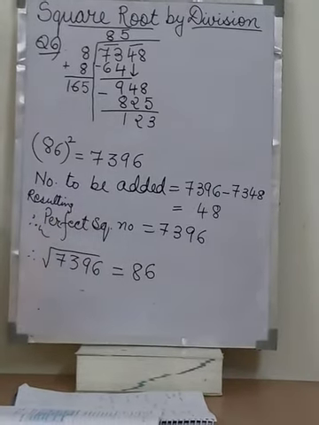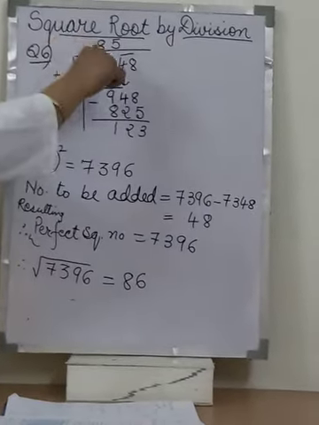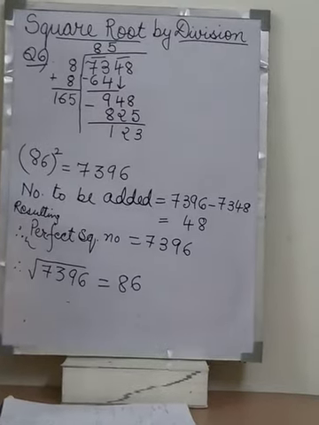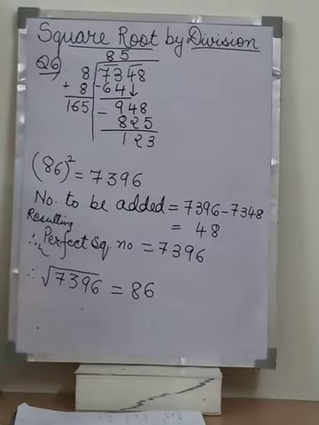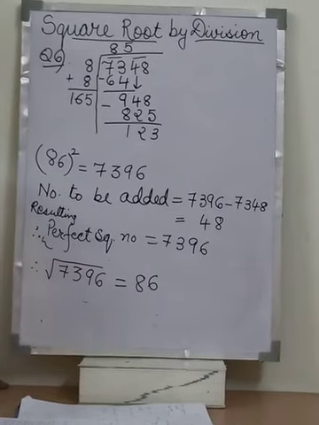And the square root. Okay children, this way whenever you are looking for addition, remember that you have to take the square of the next number and then you have to subtract it. Then question number 6 we have completed. I come to question number 7.